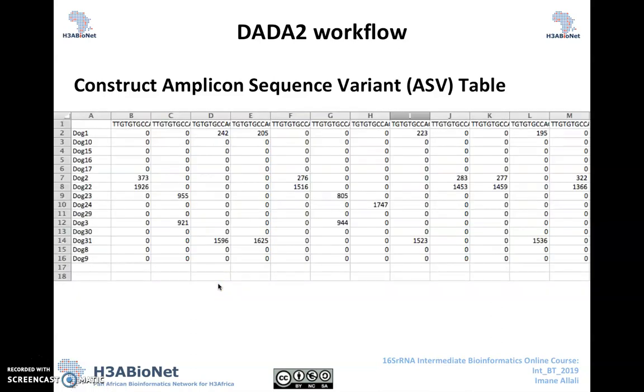So this is how the output looks in this slide. This is the sequence table, or the ASV table, so it looks like the OTU table. The sequence table is a matrix with rows corresponding to the samples, so here in the first row we have the sample IDs, and columns corresponding to the sequence variants. Here in the first row we have the sequence variants. In this case we have 15 samples, and these numbers in the middle represent how abundant those sequences are per sample ID.